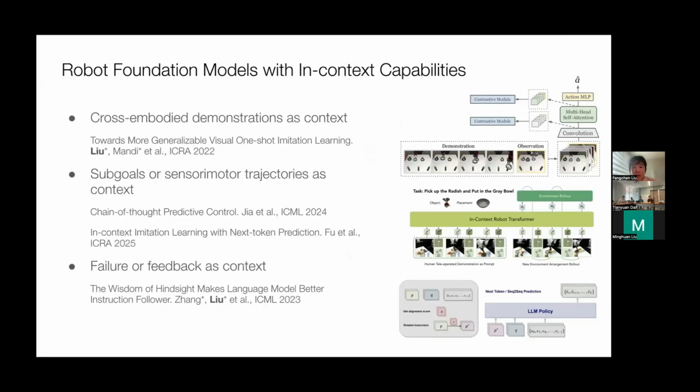At the same time, I was also working on in-context models during my PhD. Here are some works I led or advised, but have no time to present today. Maybe cross-embodiment demonstrations as context, sub-goal sensorimotor trajectories as context, and failure feedback as context, but this is on the language model domain. Some in the robotics domain are not working yet. There are some projects still going on, but I think the current models are not capable enough to understand trajectories as context. But hopefully in the future,